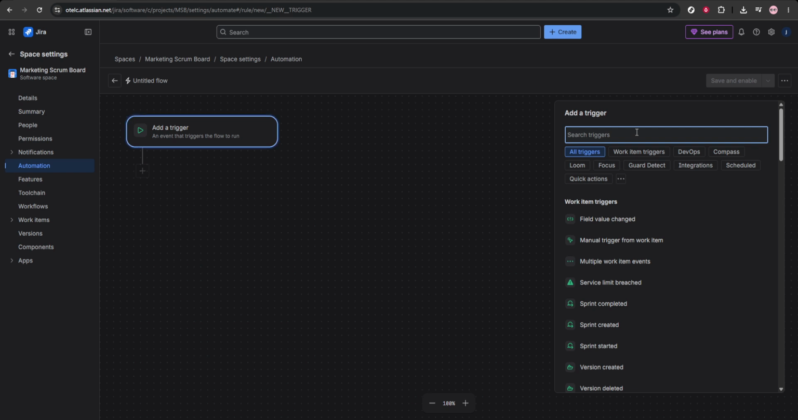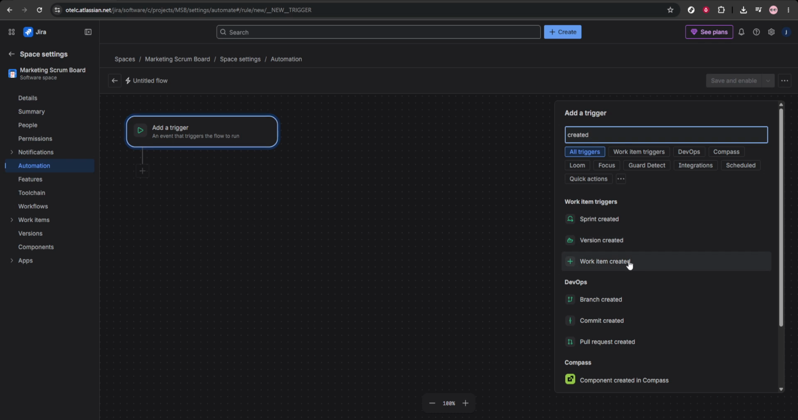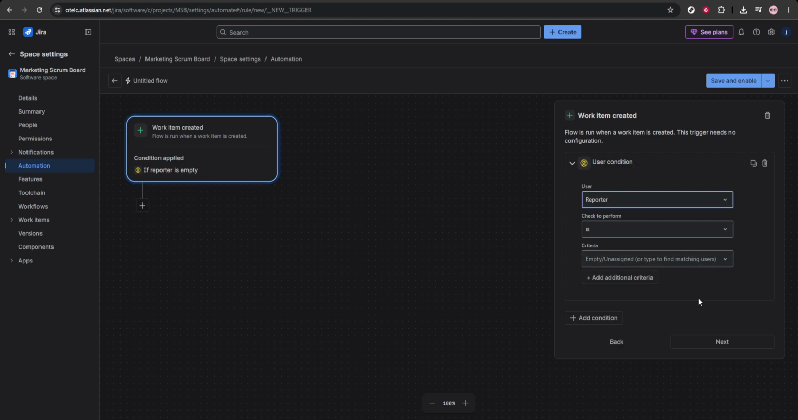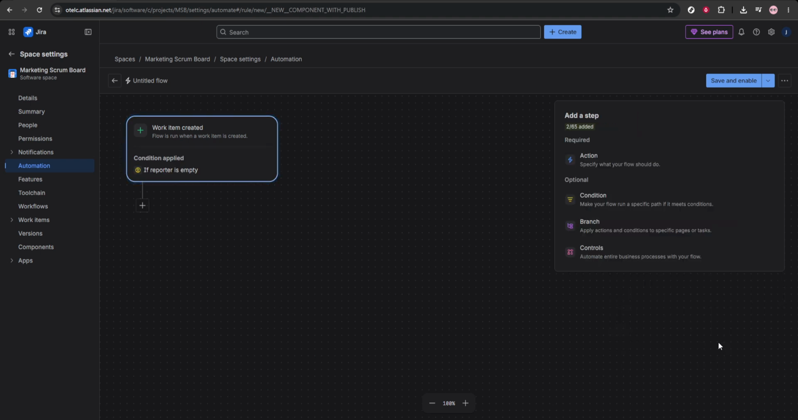When the automation page opens, click Create Rule to begin building your workflow. The first part of the rule is the trigger. This tells Jira when the automation should run. For this setup, select Issue Created as the trigger. That means the rule will check every new issue as soon as it's created. After choosing that trigger, click Save. Next,